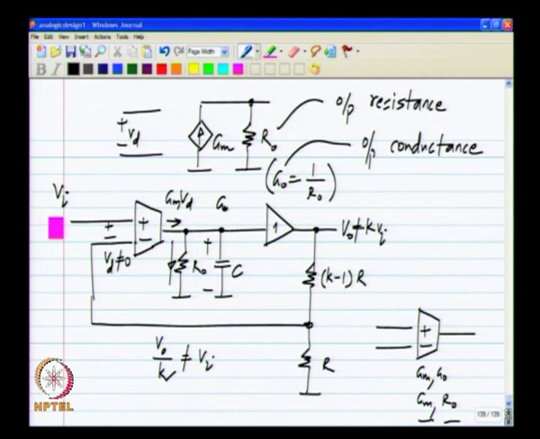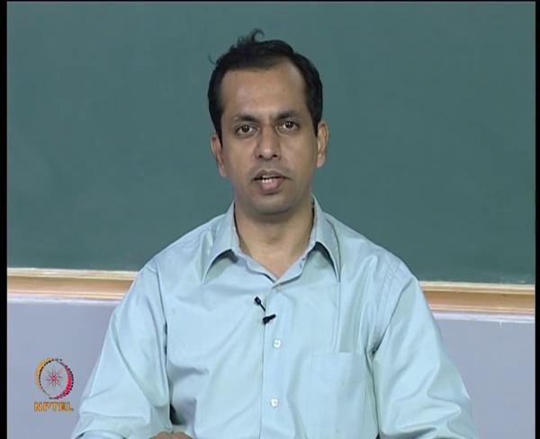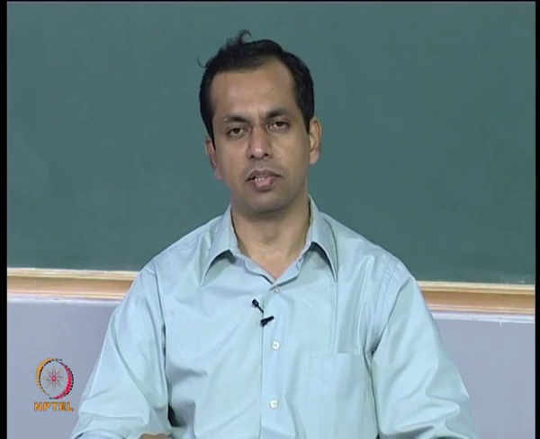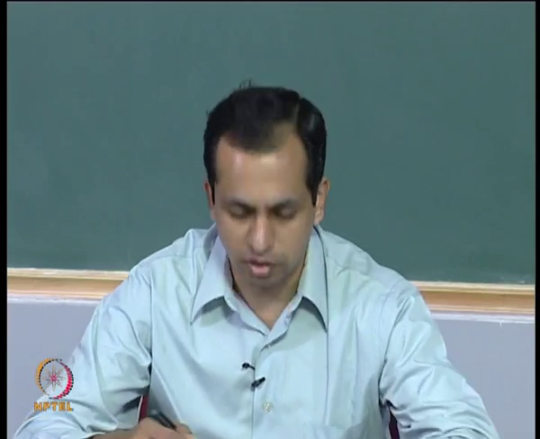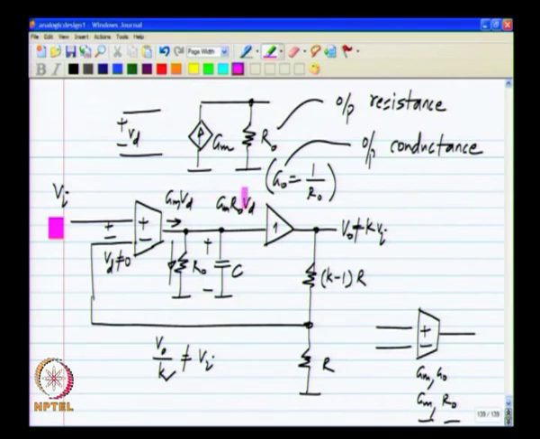That is, Gm times Ro times Vd equals V naught. Note that I am ignoring the current flowing through the capacitor because I am considering the steady state with a DC input. In DC steady state, there is no current flowing through the capacitor. So, the difference should be such that Gm Ro Vd equals V naught. So, we can do the analysis exactly and see what happens.